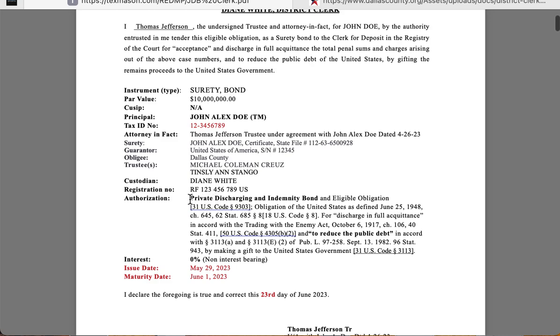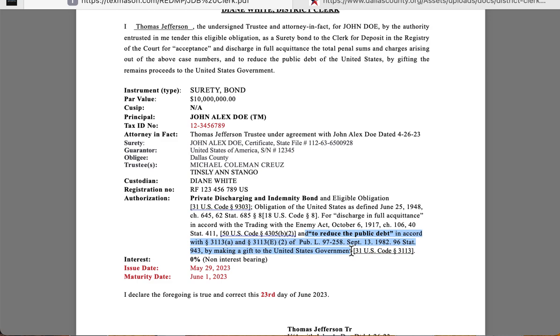So these first laws that I cited up here, and all this stuff is in the Memorandum of Lawful Obligations, but these first are just references that demonstrate why the certificate of live birth is an eligible asset to pledge as collateral to back the surety bond issue. These next authorizations deal with the discharge under the National Emergency Trading with the Enemy Act, the requirement to discharge in full acquittance. And this last one is for the purpose of any remaining proceeds to be used to reduce the debt of the United States of America, which again, all of these are federal obligations that are incumbent upon